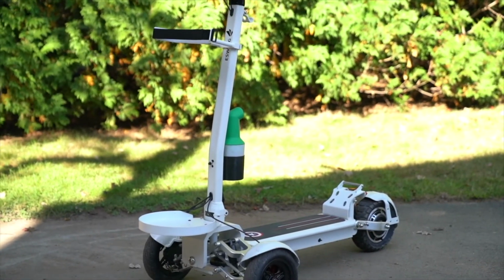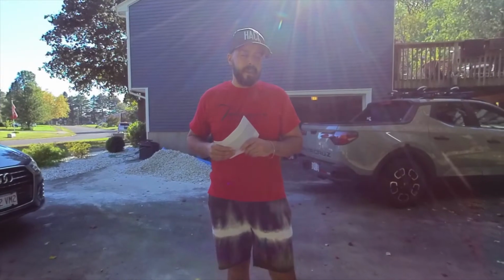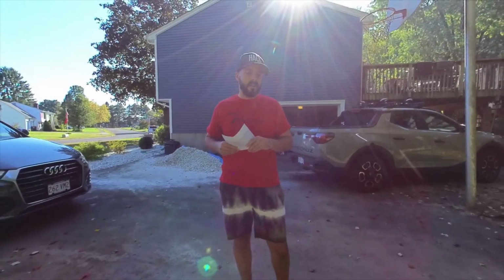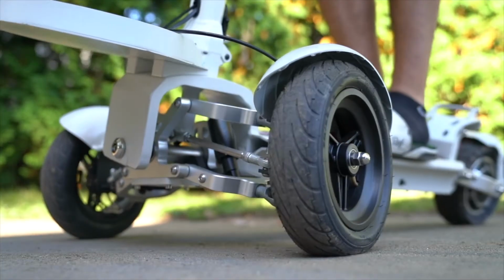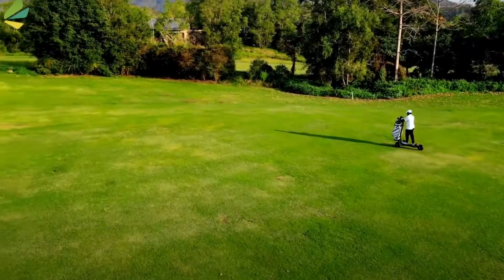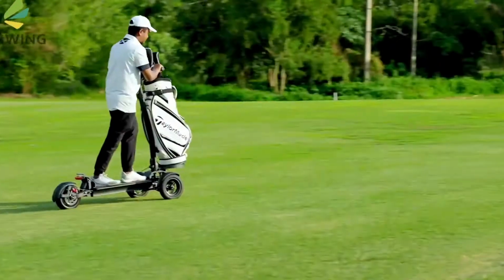This comes from a company called Eswing, and I found them on Alibaba. This is my first purchase from Alibaba, and as much as I want to say it was completely positive all the way through, I did have some headaches, and I'm going to share them with you as I go over this vehicle. This electric scooter is specifically made for the golf course,